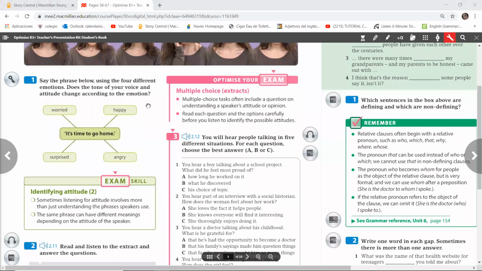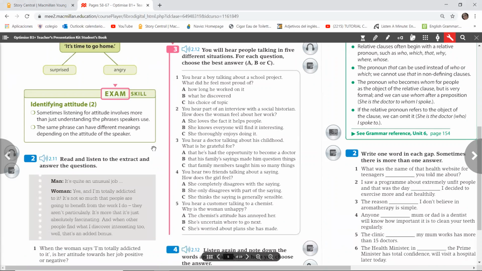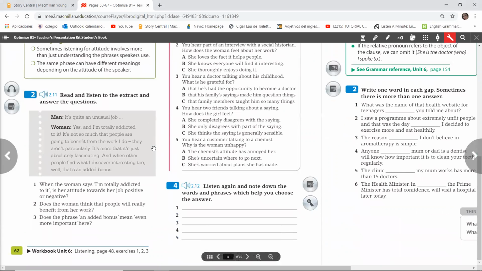Okay, you have to pay attention to this then. El tono de mi voz es importante cuando yo hablo, tanto en español como en inglés, en cualquier idioma. Es importante el tono, ¿ok? Si yo estoy, por ejemplo, enojado y me empiezo a reír, me van a agarrar de cotorra, pues no está enojado ni nada, ¿ok? Entonces tengo que tener cuidado con el tono de mi voz. The tone of my voice is very important when I talk, ¿ok? Now,